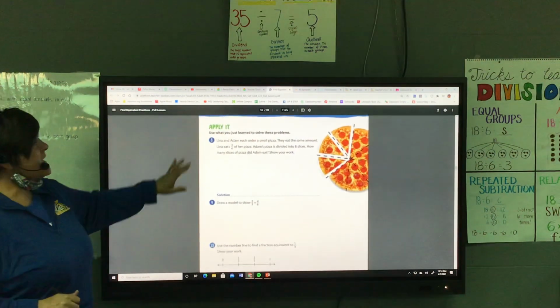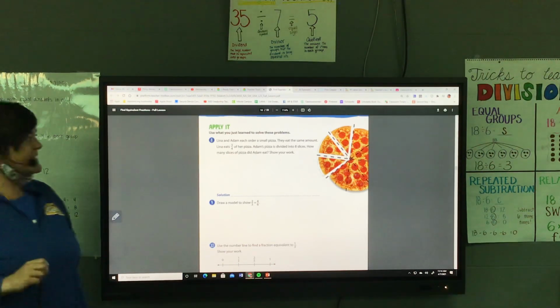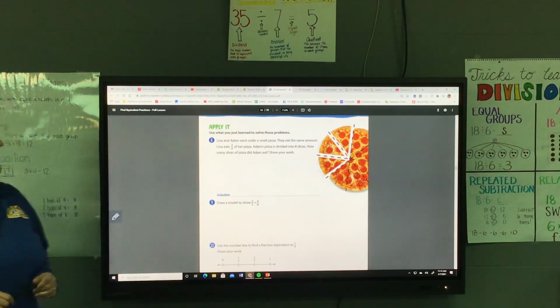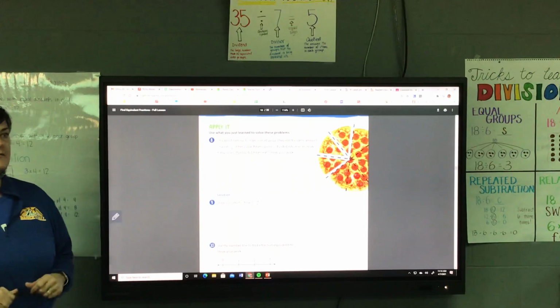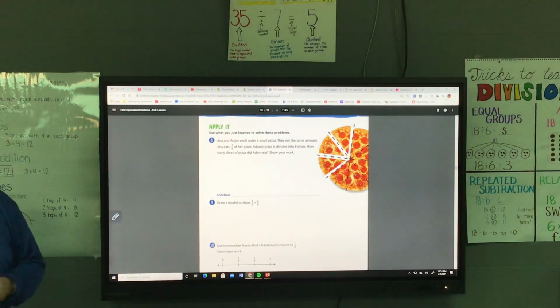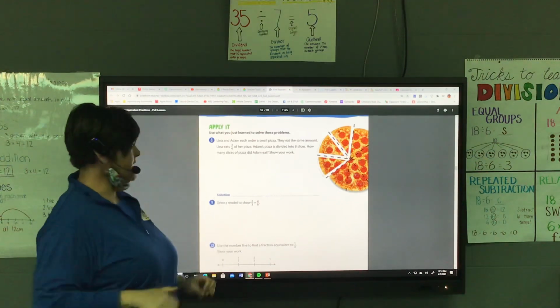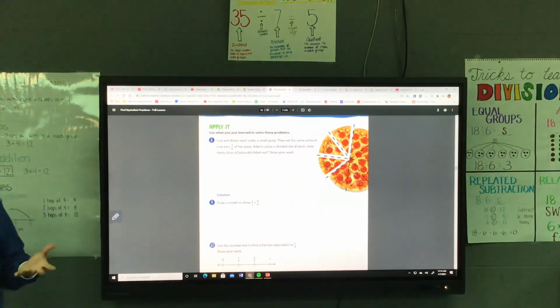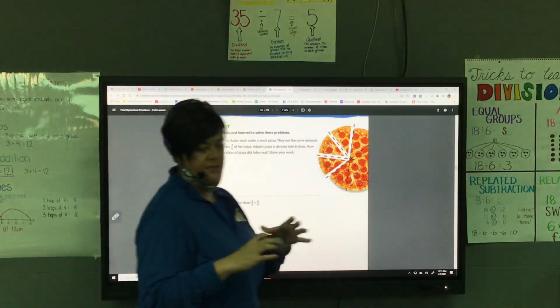Lena and Adam each order a small pizza. They eat the same amount. Lena eats 3/4 of her pizza. Adam's pizza is divided into 8 slices. How many slices of pizza did Adam eat? Show your work. If you want to draw both of them, that's fine, so that you have both visuals, both models right there in front of you. If you prefer a number line, that's okay too. But if you would rather draw the circles,